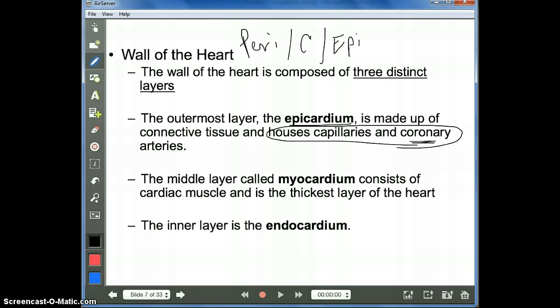These guys are vital in terms of giving the heart the oxygen they need to make ATP so they can continue to pump blood. If these guys get blocked, you have now what's called a myocardial infarction, or a common term is a heart attack. These are the ones that are awfully small that can get clogged up with cholesterol. And so we got to be very, very careful about that.